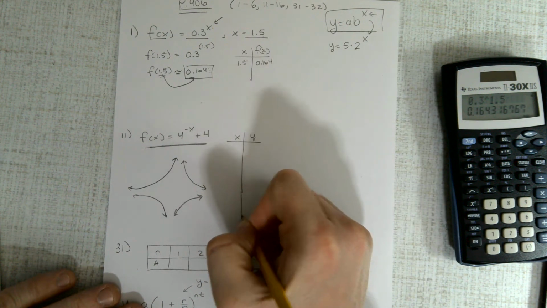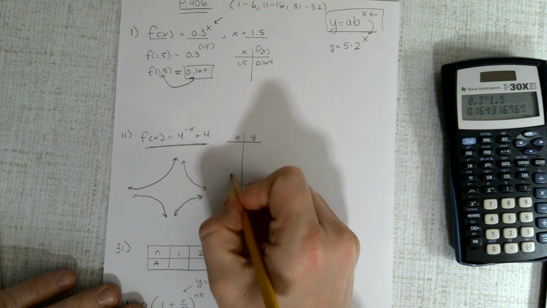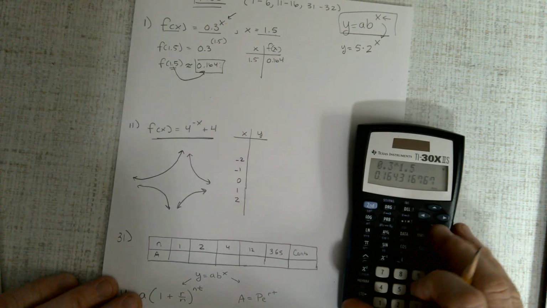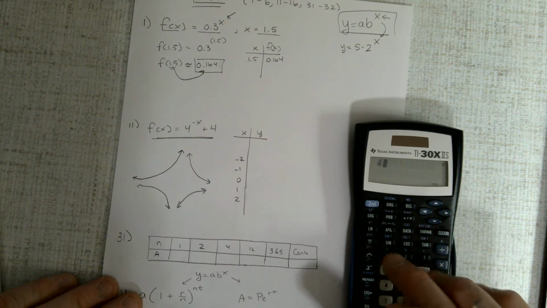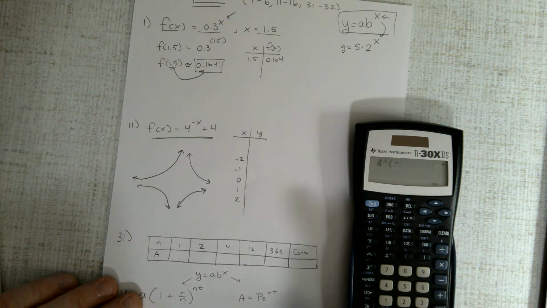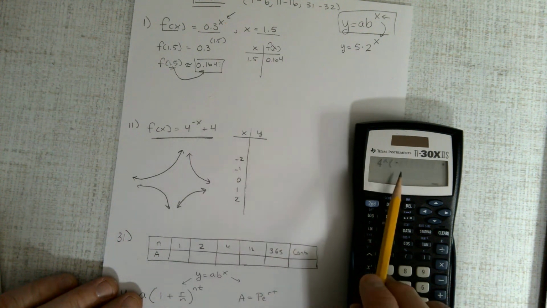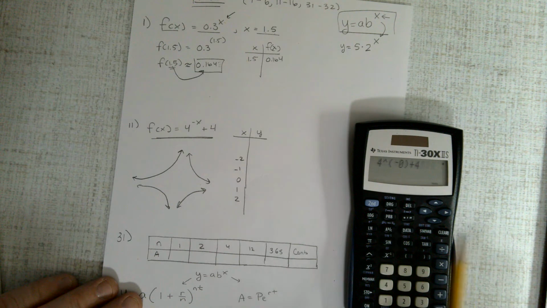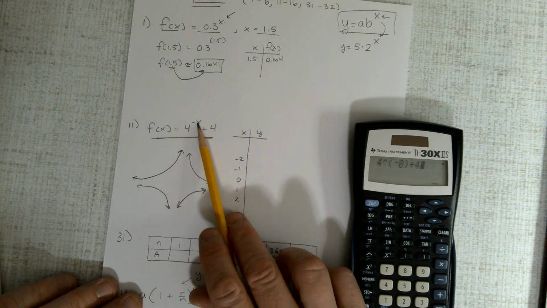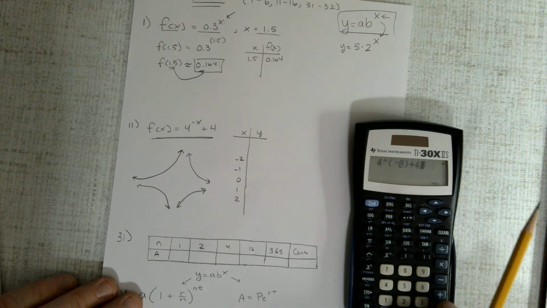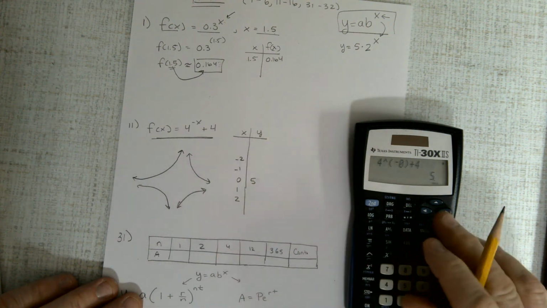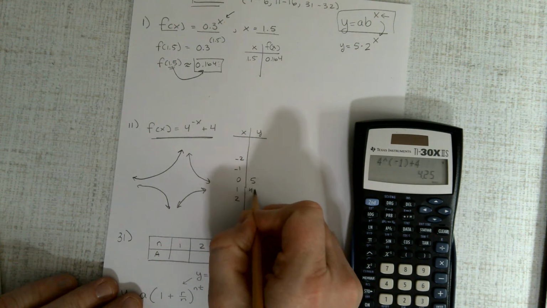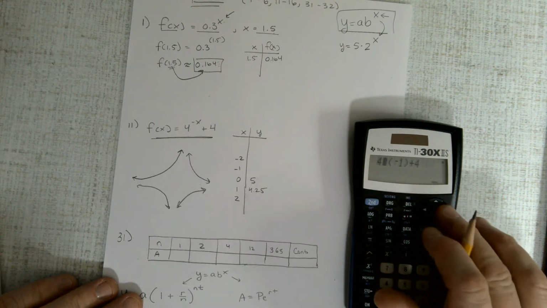I always start with 0 in the middle, and 1 and 2, and -1 and -2, and then go from there. So let's go ahead and see where we're at here. All right, I'm going to put in 4 raised to the negative, make sure you match it up, negative, negative, and put in 0 plus 4, and make sure everything looks nice and neat and matches exactly like here. All I did is switch that out, put parentheses, press enter, and we have a 5. All right, press up, and let's change this to a 1, and that's 4.25, and let's change it to a 2,